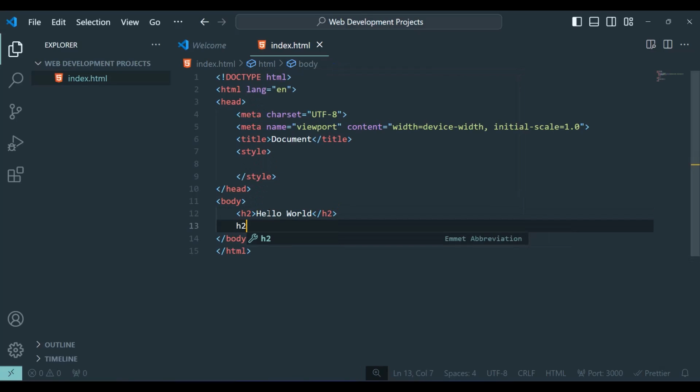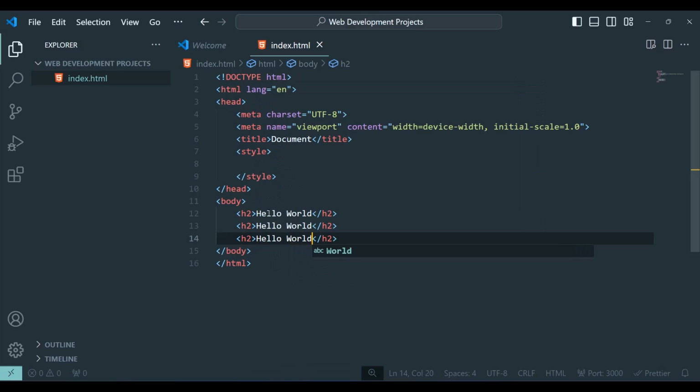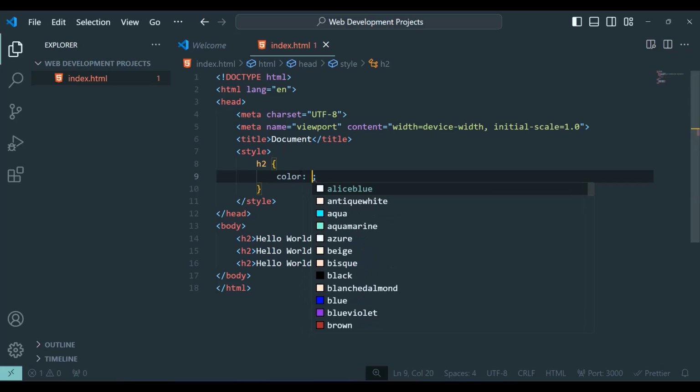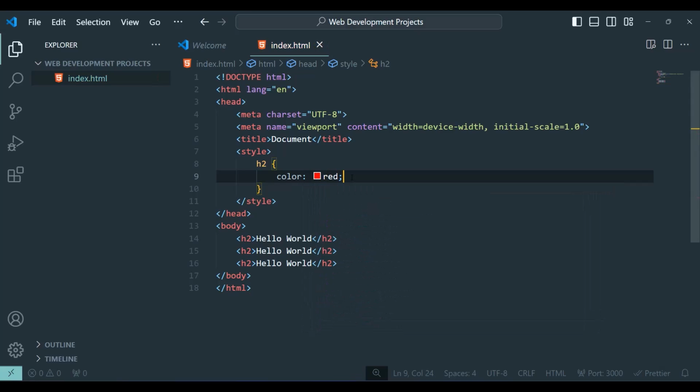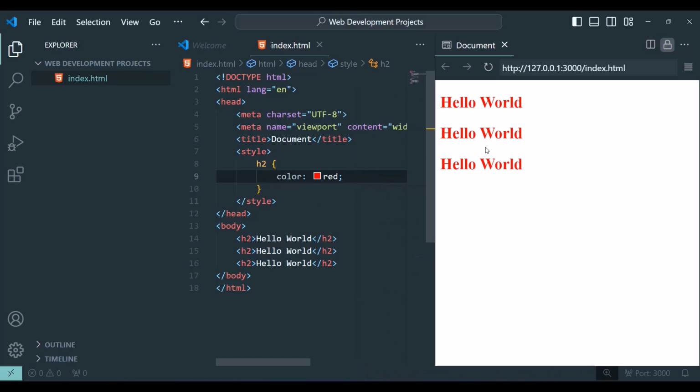Another h2, hello world, and another h2, also hello world. Now I can type here h2, and I can type here color red, and now all the h2 elements are gonna have the red color. So now if I show preview, we have hello.